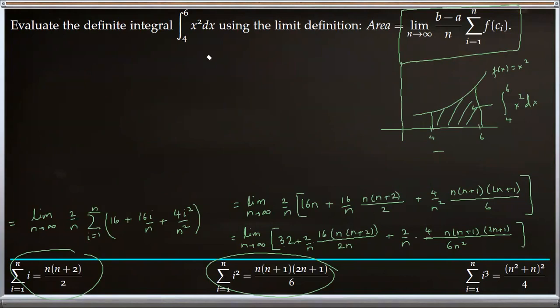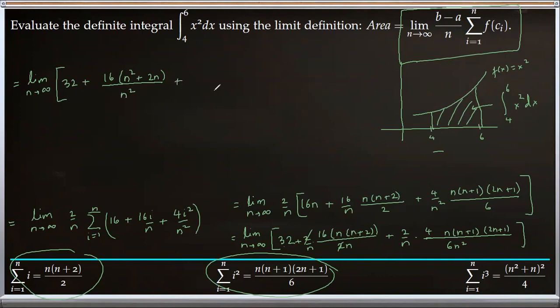Okay, this should be good enough. So we have a limit n goes to infinity. The first part over there is just 32 plus. The second part, we have 2 by n. So on the top, we get 32. But I could actually cancel out 2 from top and bottom. So basically, I can cancel these 2 out with that. So we just have 16 times n squared plus 2n. If I distribute n, divide by n squared,